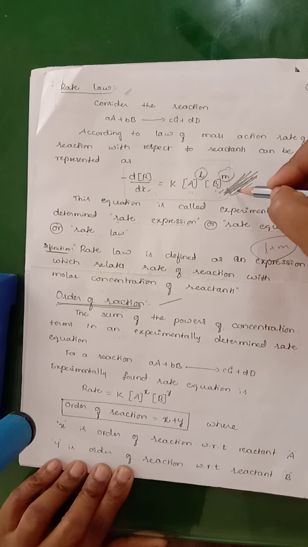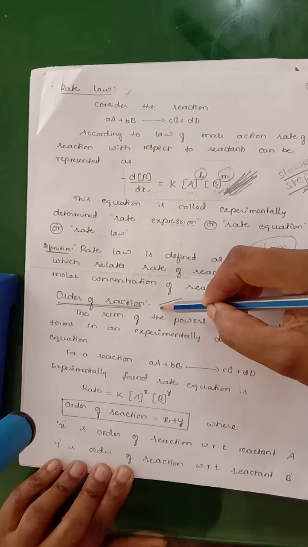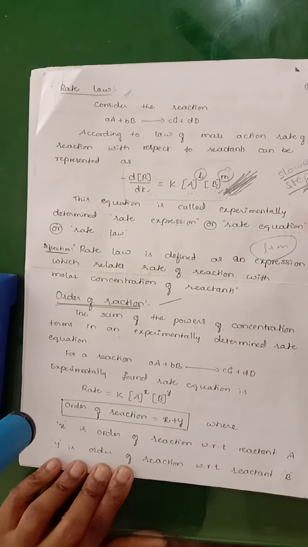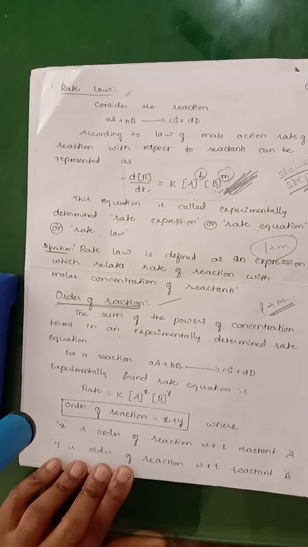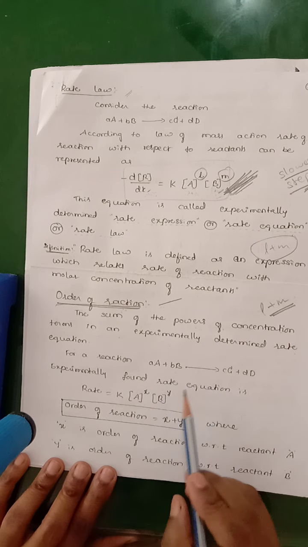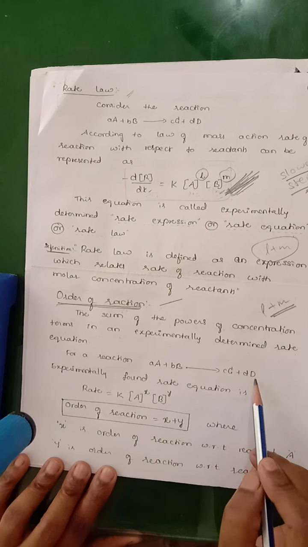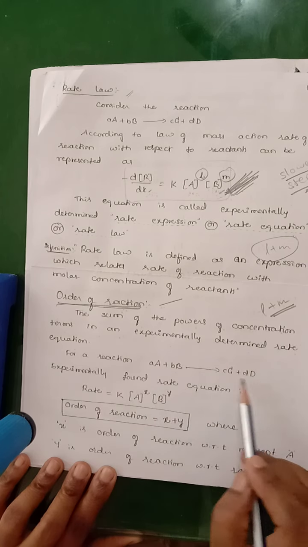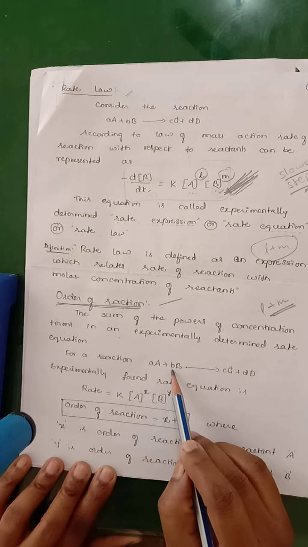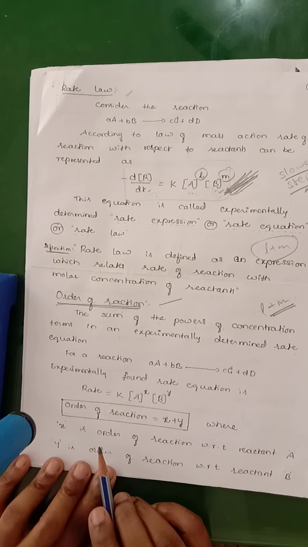So according to this equation, what is the value of the order of the reaction obtained? That means we have to take the sum of the powers of these two concentration terms, that is L plus M, which can be taken as the order of reaction. Okay, so we have taken one of the chemical reactions here. So we will consider the reaction aA plus bB gives cC plus dD. Here these two are the reactants and these two are the products. Small a is the number of moles of reactant A and small b is the number of moles of reactant B. Okay, so according to the law of mass action, experimentally we can write the rate expression.